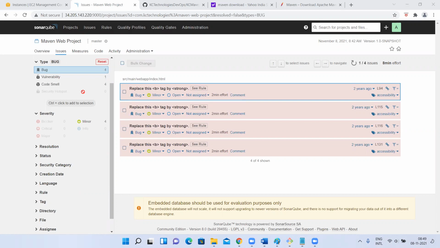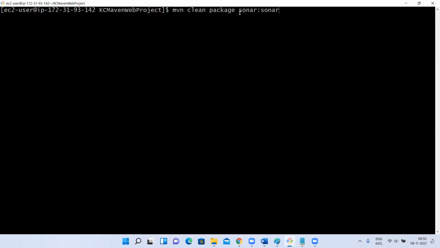It is up to you, either in the dev environment, QA environment, or production, for all the environments. Anywhere you can enable your code quality analysis. For example, I have 4 jobs in Jenkins: dev, QA, pre-prod, and production jobs. Wherever I write sonar in my Jenkins jobs, it is going to analyze the code quality. If I keep it in the dev job, it will analyze there. If you keep it in QA, it will analyze there. If you keep it for all 4, everywhere it will analyze the code quality. So it is up to your requirements.